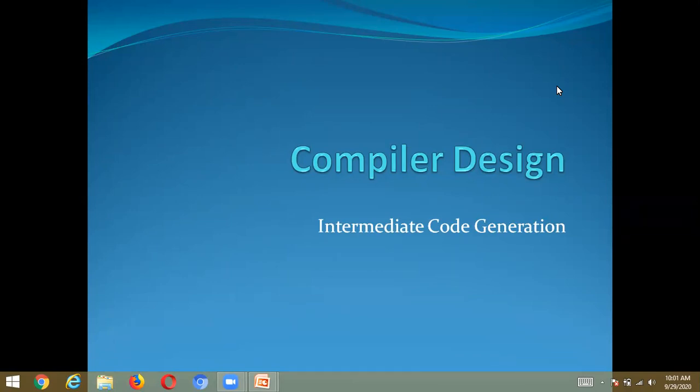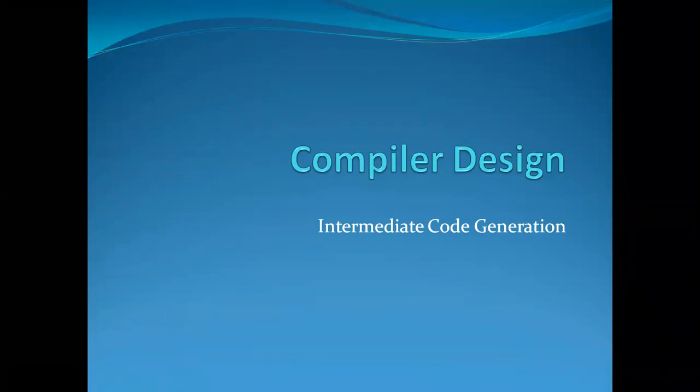Initially, to know what intermediate code generation is, you first need to know the introduction of this phase. The task of the compiler is to convert the source program into a machine program. This can be done directly, but it is not always possible to generate machine code directly in one pass. So typically compilers generate an easy-to-represent form of the source language, which we call an intermediate language. The generation of an intermediate language leads to efficient code generation.